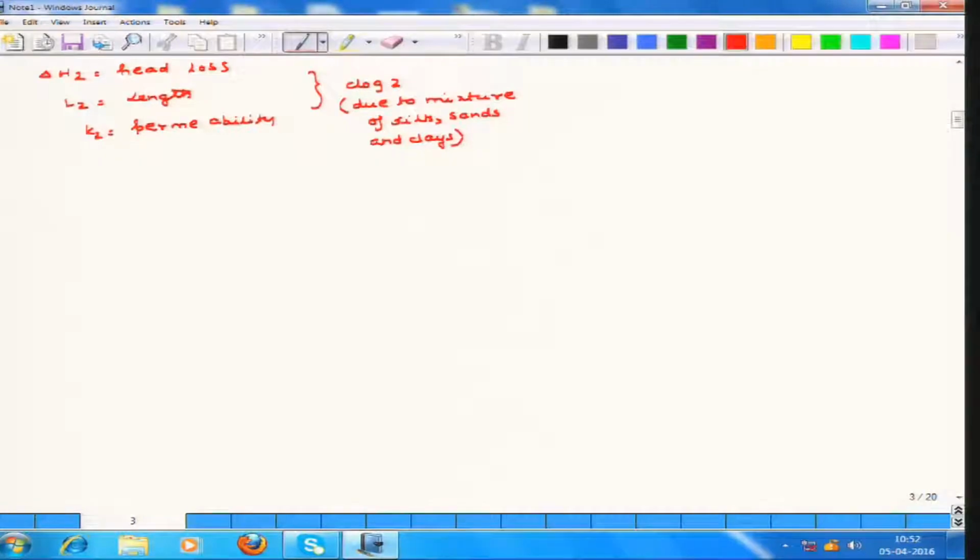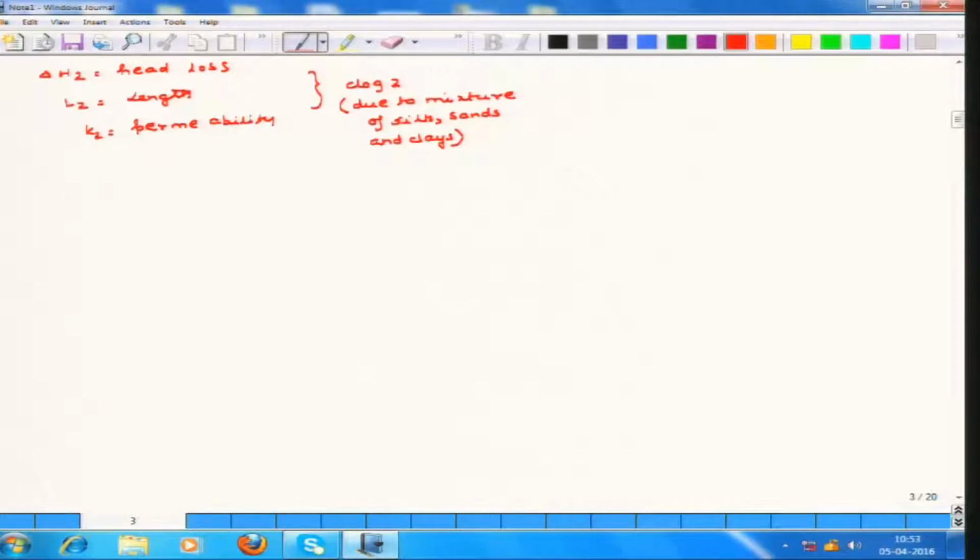Q1 and Q2 I am not writing here, but Q1 and Q2 are basically the quantity of water per unit area through clog 1 and clog 2 respectively. So, let us start with Q1, the quantity of water passing through clog 1. This is equivalent to A into K1 into I1, because from Darcy's law we get that Q is equal to K into I into A, where K is the coefficient of permeability of the material,